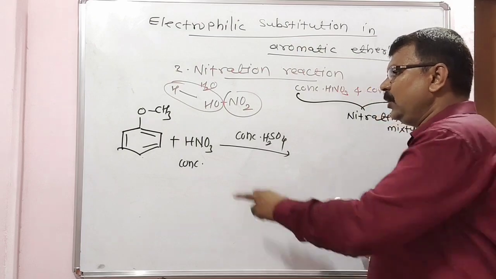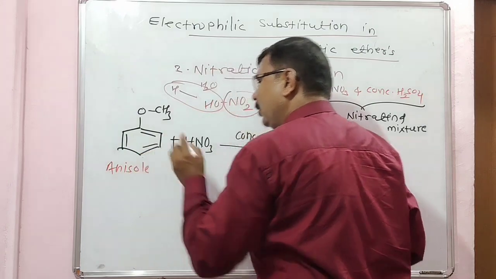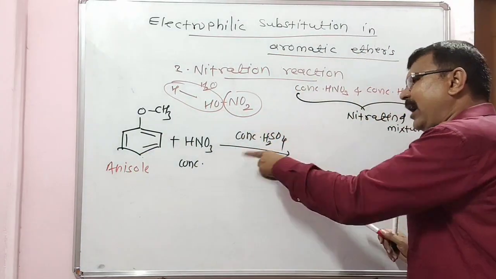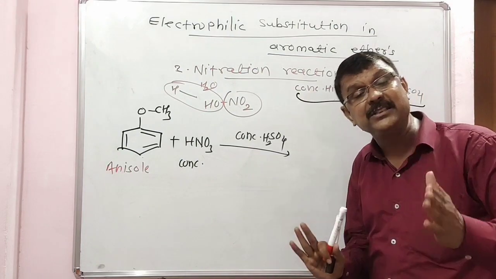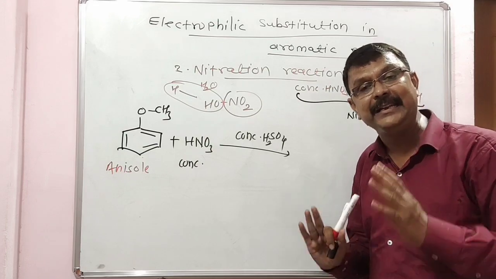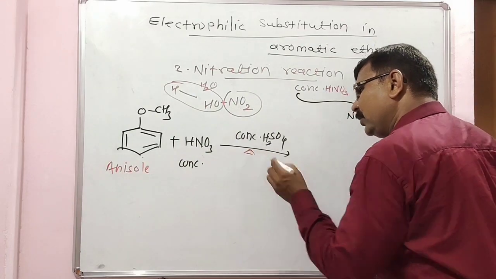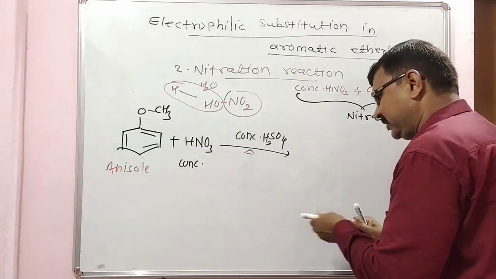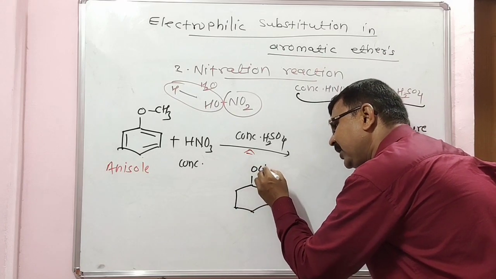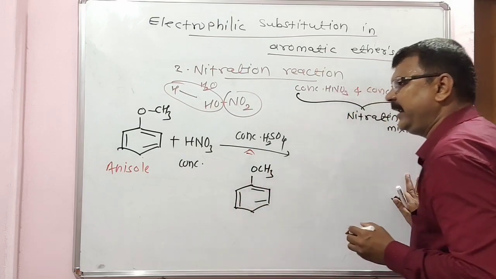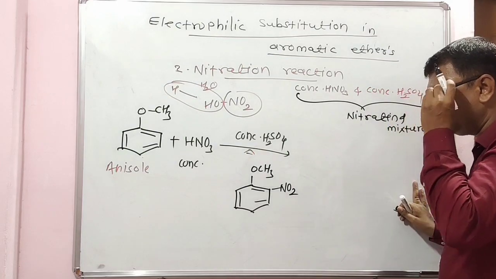Correct? Yes. Look here, the name of the compound here is anisole. Look at when anisole is reacted with concentrated HNO3 in the presence of concentrated H2SO4. Concentrated H2SO4 acts as a dehydrating agent. You know the product here, it gives a mixture like this. The first compound like this, OCH3, correct. Next, NO2. The name of the compound is ortho-nitroanisole, 2-nitroanisole.